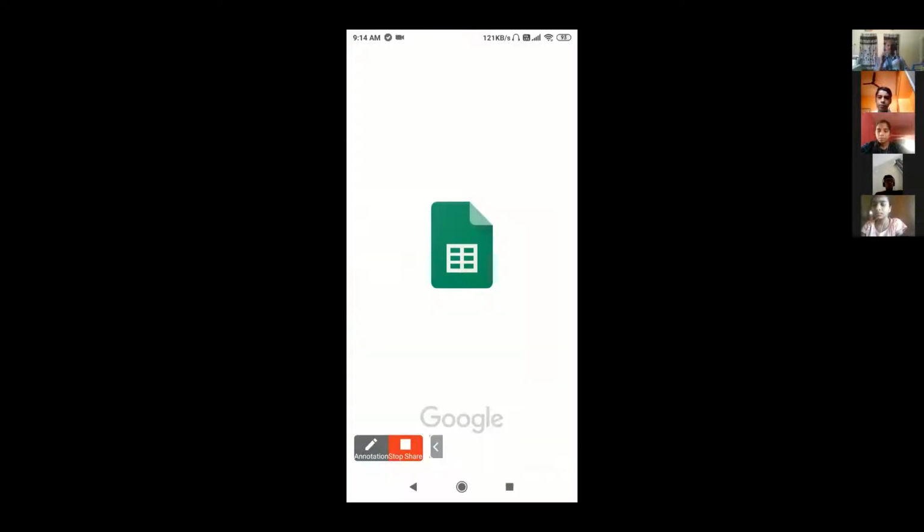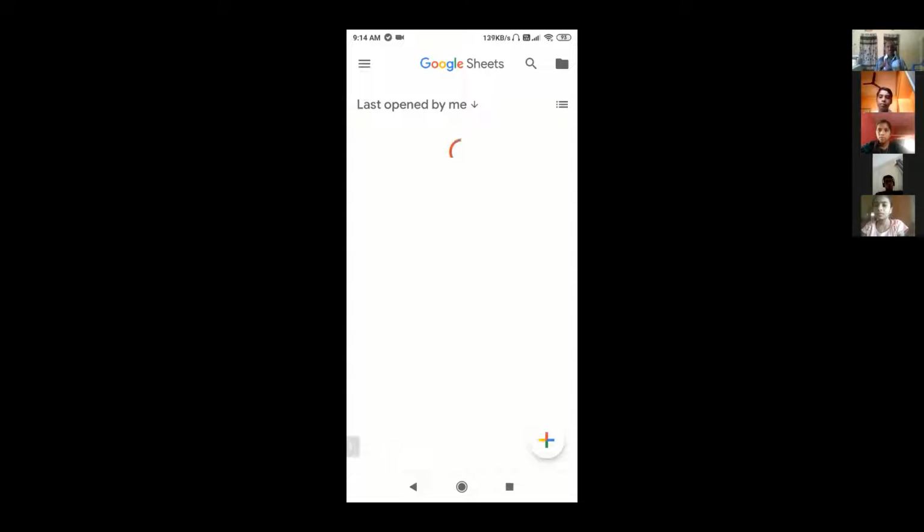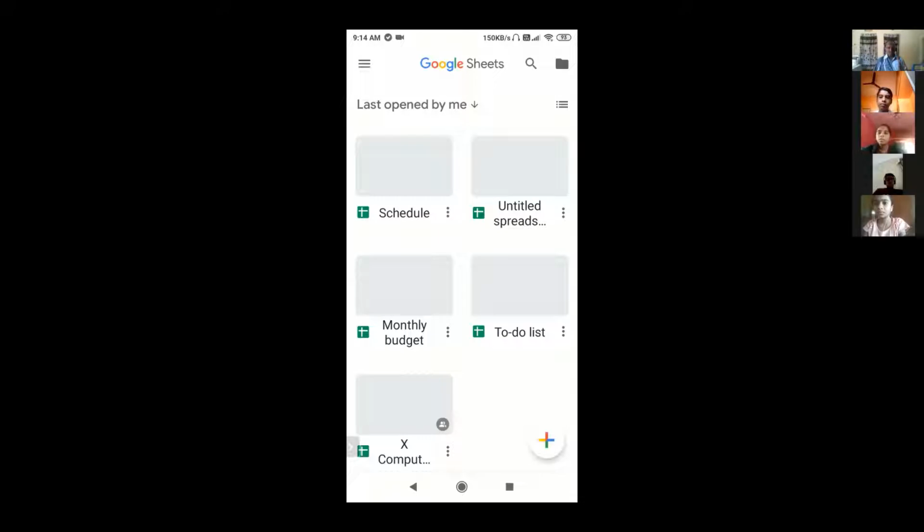See, there is not much difference between the computer version and the mobile version. Here, some of the options are truncated. Okay. You go to Google Sheets, then whatever files I recently opened will come here. Okay. Now what we have to do is,